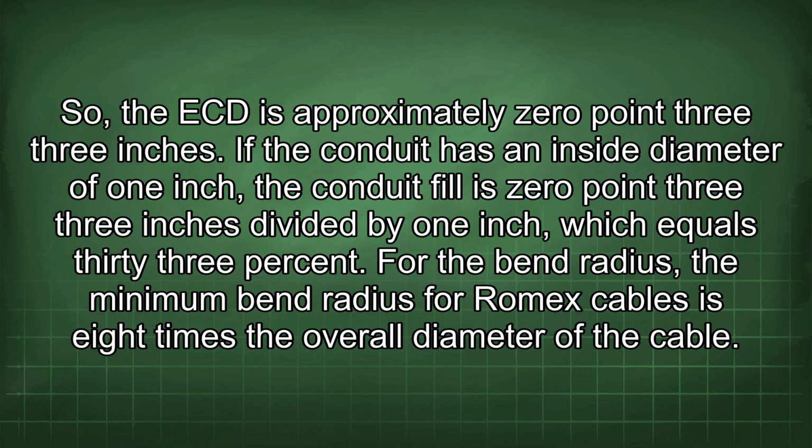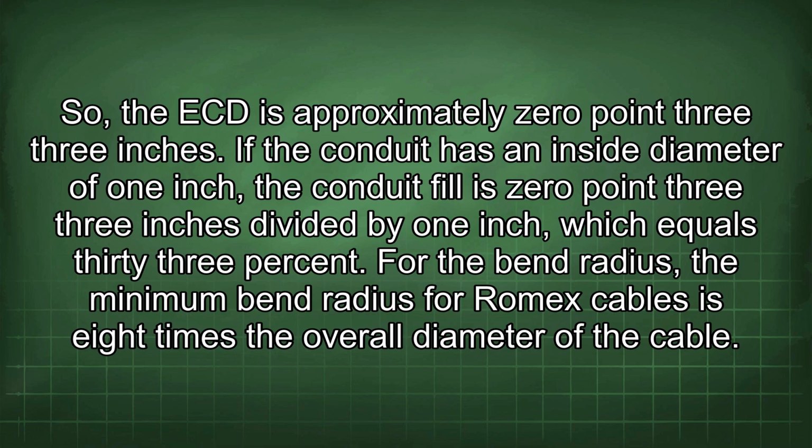If the conduit has an inside diameter of 1 inch, the conduit fill is 0.33 inches divided by 1 inch, which equals 33%. For the bend radius, the minimum bend radius for Romex cables is 8 times the overall diameter